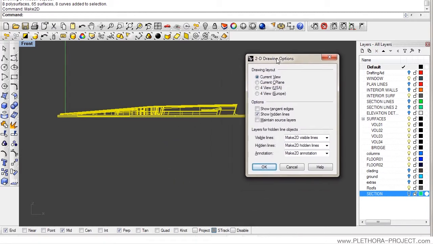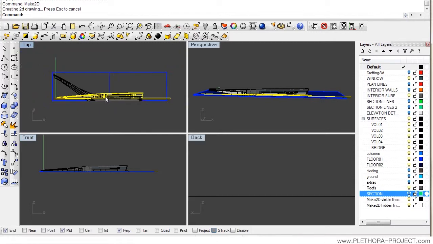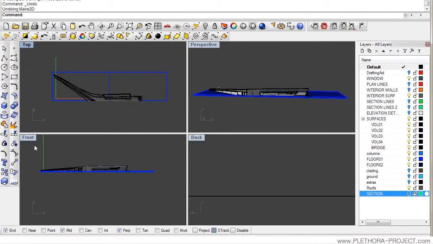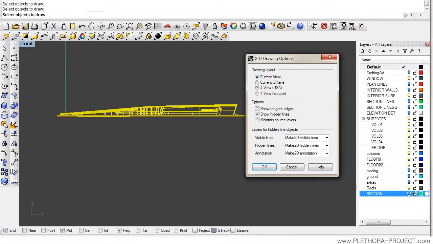If we say make 2D here, we will create the new layers, but one option that is interesting is that we could say maintain the C-plane, so it will not do the drawing as a 2D drawing from the top view, which is what would happen if we do this, right? So I can show you, right? If we do make 2D, we would get a 2D drawing on top view, right? We don't want that. We want to make 2D, select objects, and we want to say current C-plane,